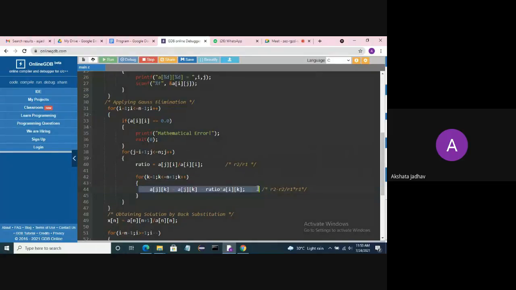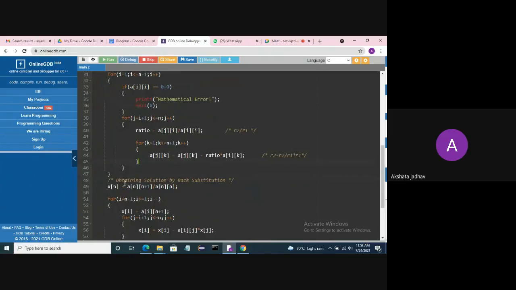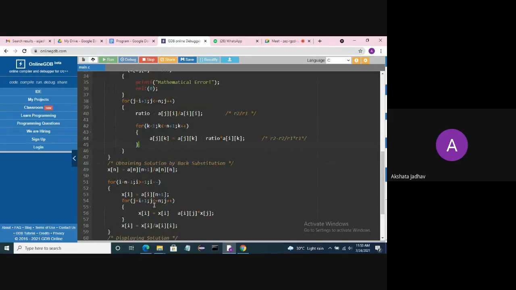All of you know about inverse matrix, and even perform it only mathematically. Even if you do not know C programming, only the mathematical function should be understood. Then obtain the solution by back substitution. We will perform the inverse back substitution. Then we perform x of n is equal to a of n, n plus 1 divided by a of n, n. Then we will perform back substitution. Then we will perform the for operation once again.